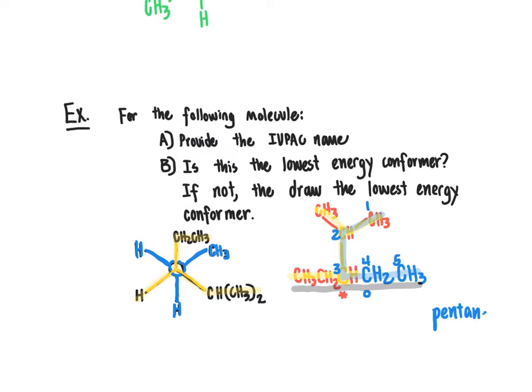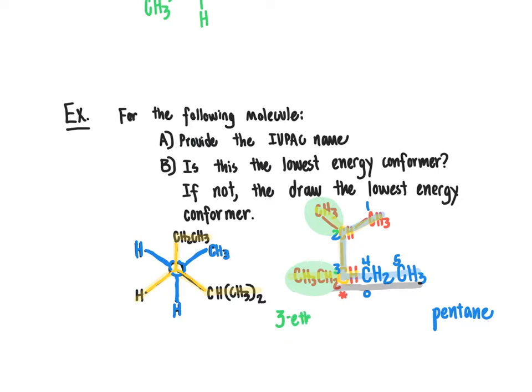That ane suffix always indicates just that this is an alkane. And then we need to identify the branches coming off that. The branches are our methyl branch, which comes off at carbon number 2, which I'm highlighting in green there, and our ethyl branch, CH2, CH3, coming off at carbon number 3. We alphabetize those in the name. So ethyl comes before methyl, and so this is going to be